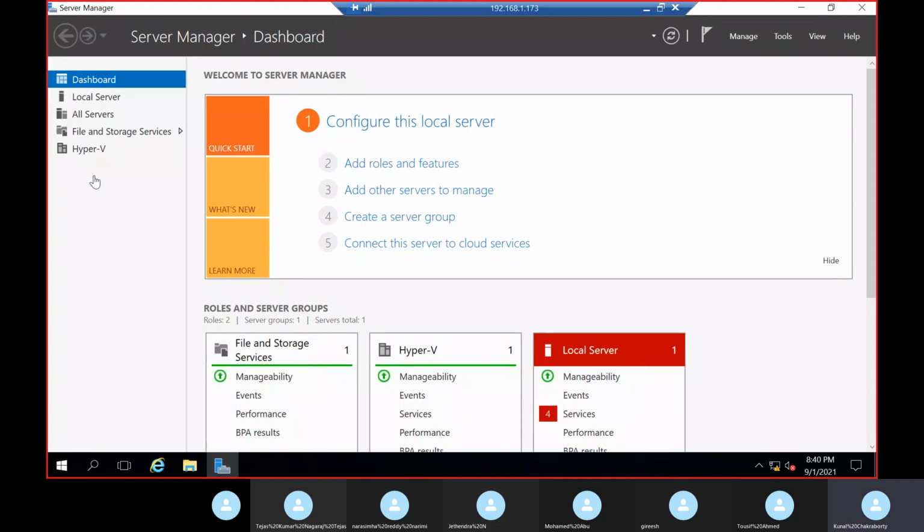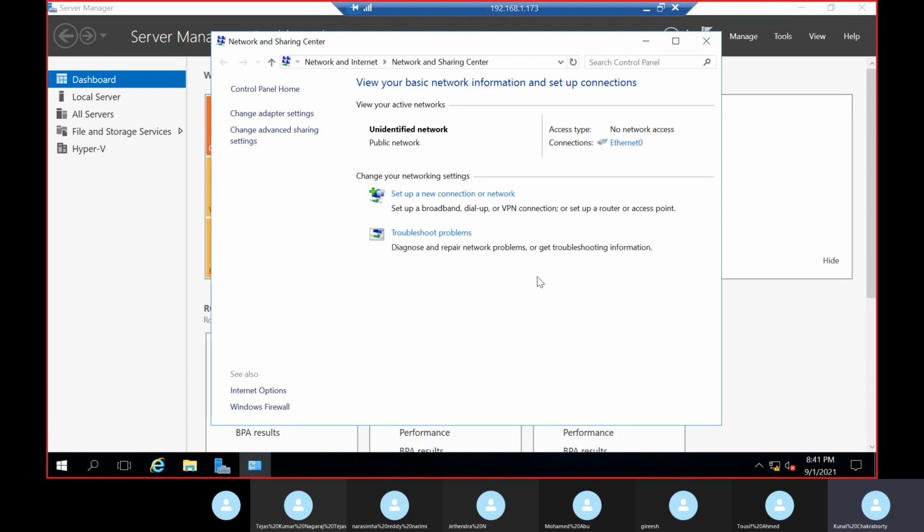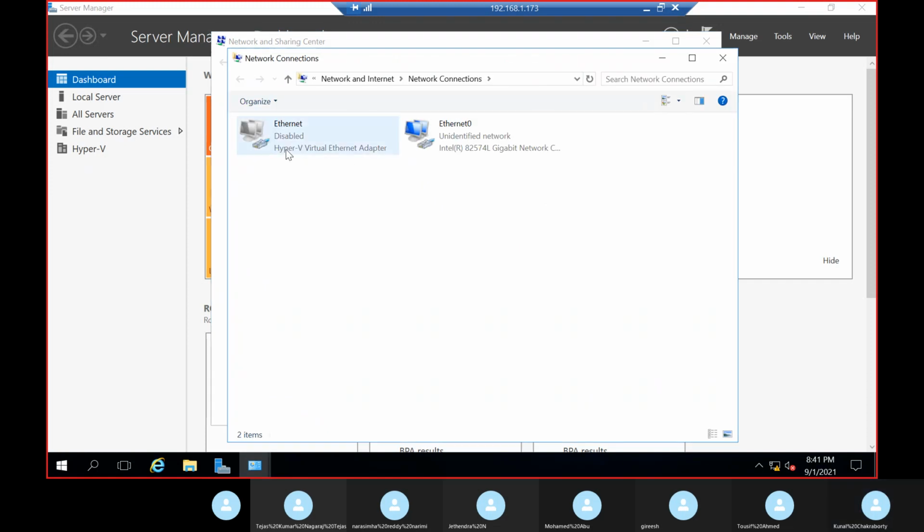So now you can say Hyper-V is installed. Now see, there is something here. Usually we have only one ticket, correct? In the server there will be a lot of tickets. But when you create a VM, at that time you will get only one. Just forget about this part, because I have done Hyper-V, that's why it's showing. But when you create a VM, you will get only one, that is Ethernet 0. You will see only one Ethernet.